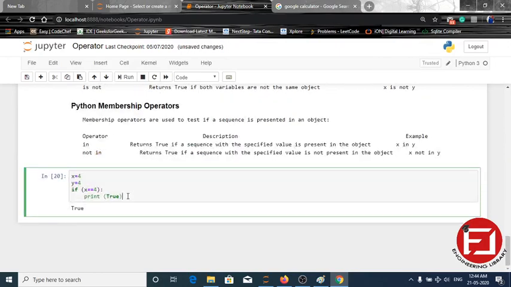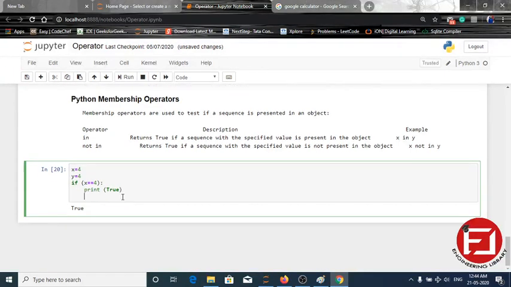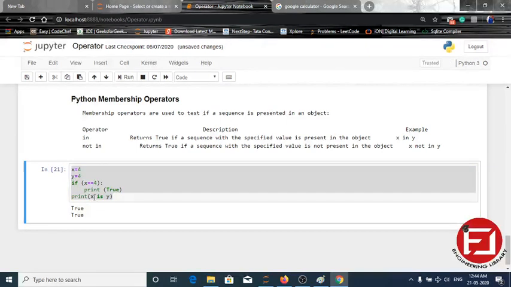This error comes because in Python 2 we are instructed to use print without the brackets, but in Python 3 we have to use a bracket. So we have to write this much, 2 lines. We can do the similar thing in 1 line as well. Simply write print x is y. Since x is 4 and y is 4, it will return true, meaning 1 or true, and it will print the value true.